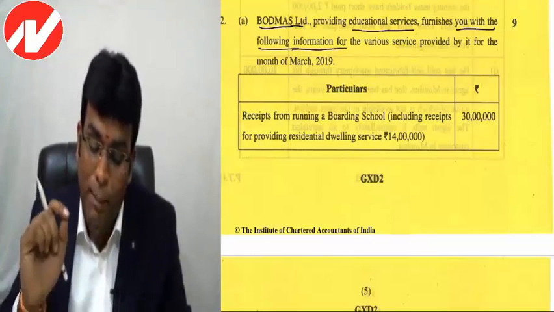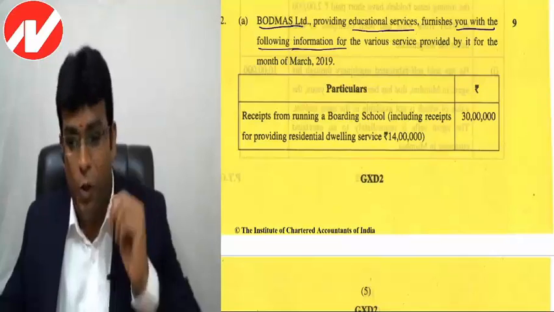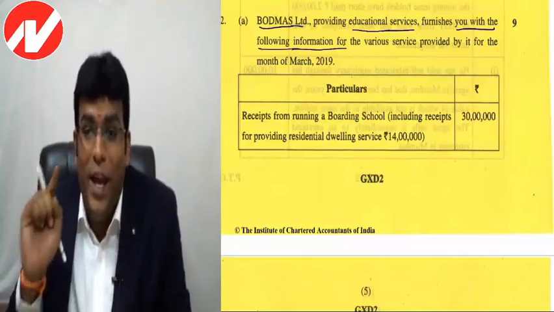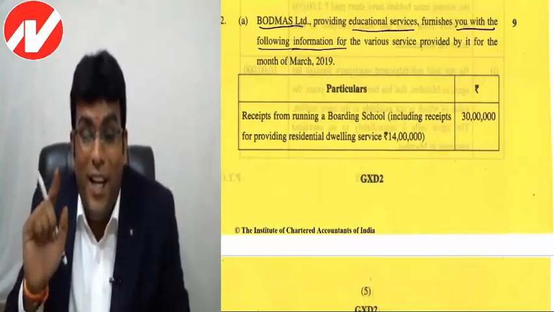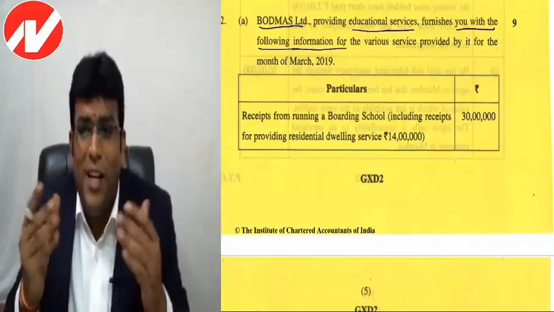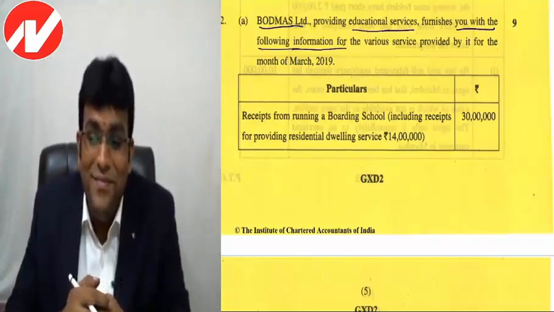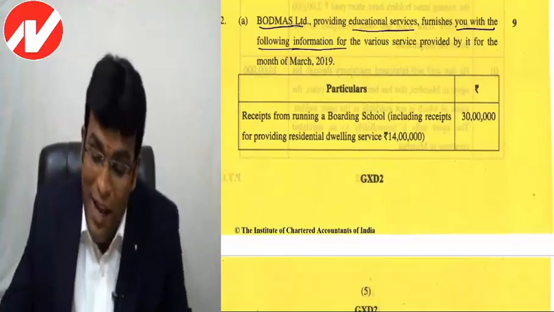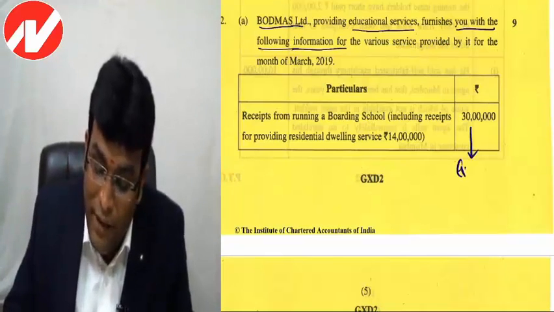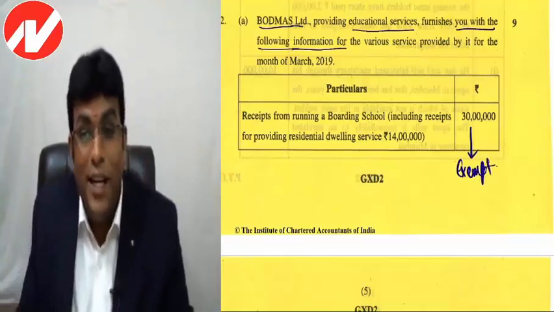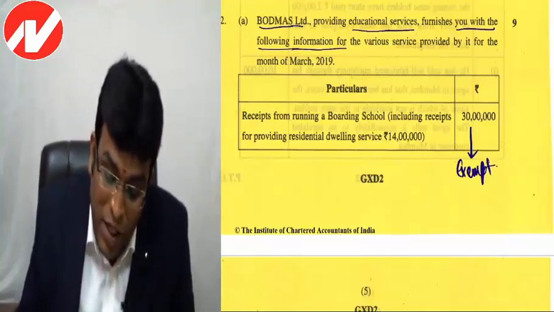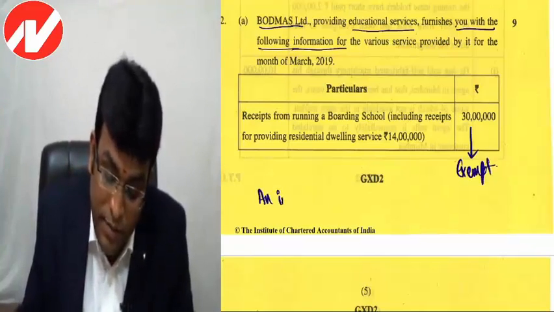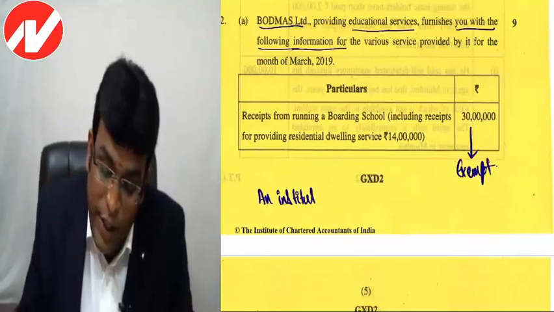Receipts from running a boarding school, 30 lakh rupees, and 30 lakhs is including receipts for providing residential dwelling service. That is something like a hostel. Clear, my dear friends? Speak out. This 30 lakhs will be straight away exempt. The reason being very clearly that education institution also covers an institution